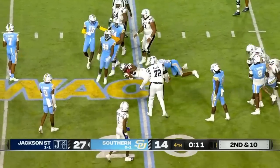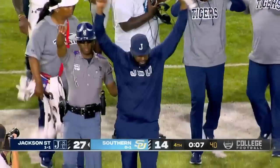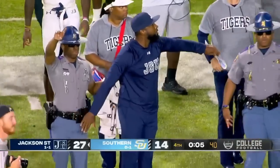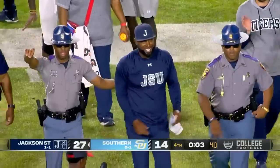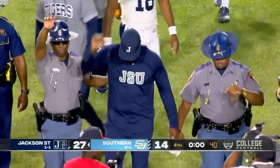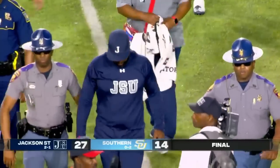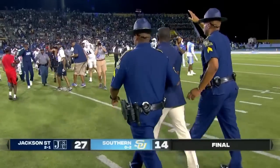Irv Mulligan on the final carry of what may be the final carry of the ball game. And yes, it is. T.C. Taylor says, okay, we good. All smiles. First win against Southern University as the head coach of Jackson State. The Tigers take down